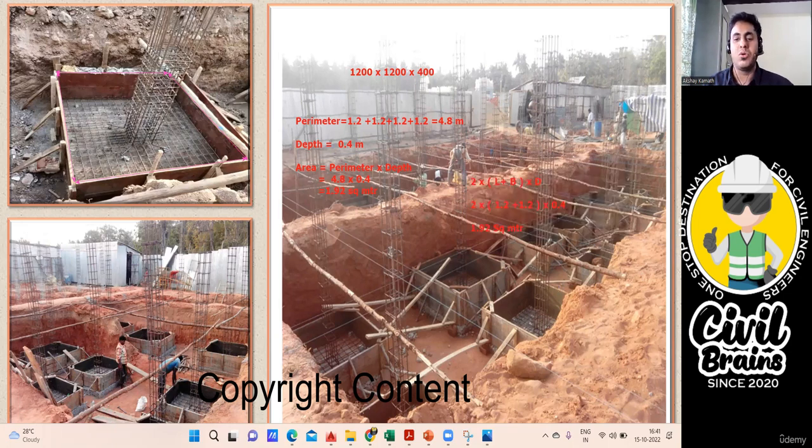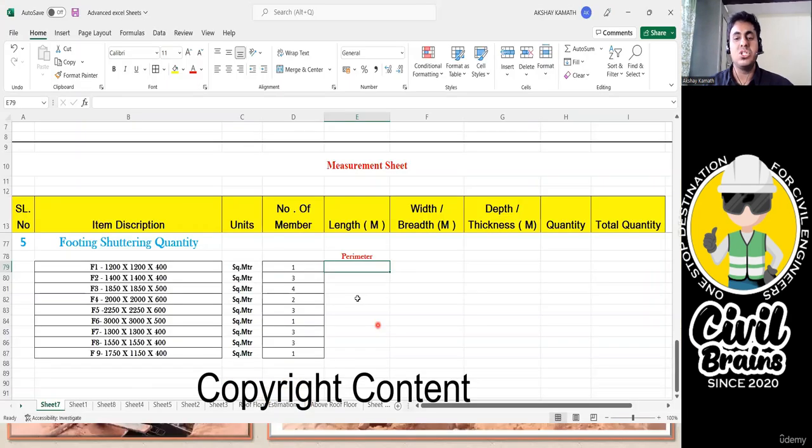One footing I've explained to you. Now, I'll go directly to the Excel sheet. So in the Excel sheet, let me do all these things. Okay. So here I'll directly write perimeter. So perimeter will be how much here? I'll directly write 4 sides. Okay. 4 into 1.2,